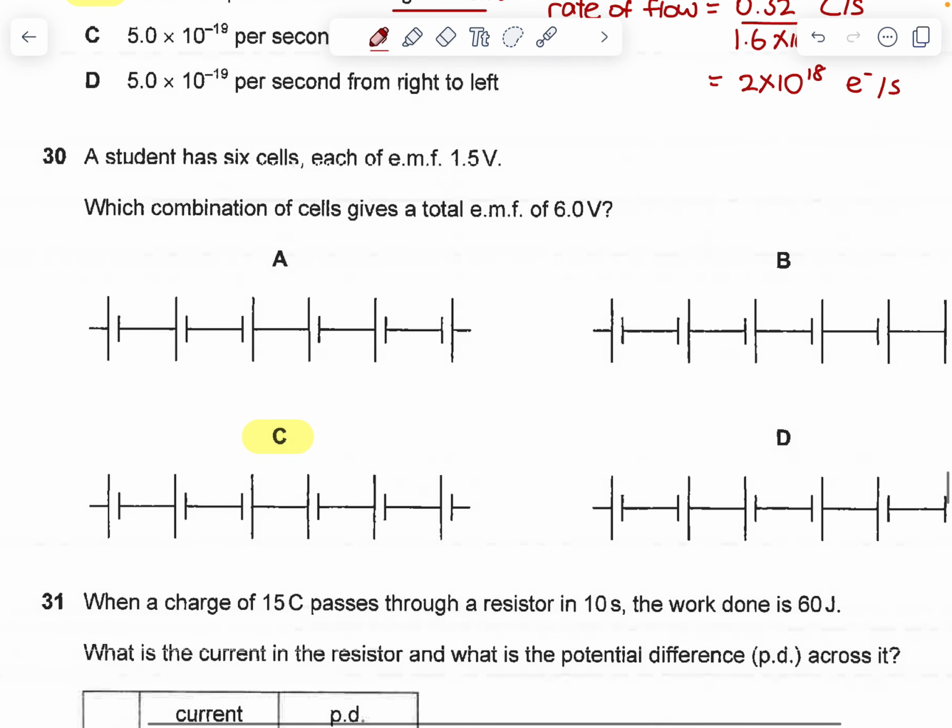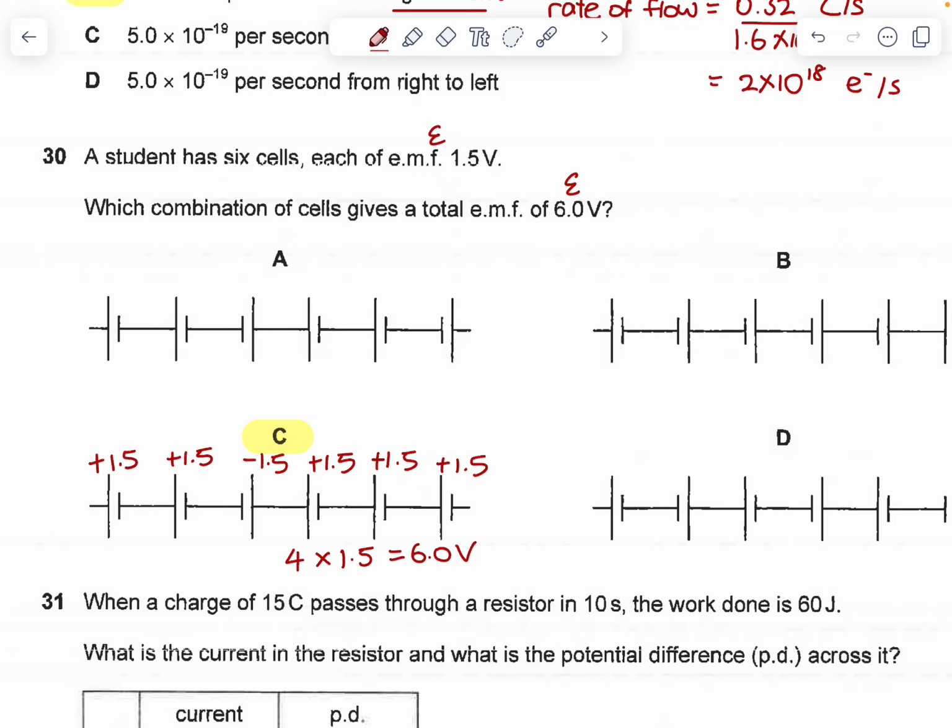Question 30. The student has 6 cells. Each of them is 1.5 volts. Which one gives a total of 6 volts? So this is 1.5 plus 1.5 plus 1.5 minus 1.5, since it is in the opposite direction, plus 1.5 plus 1.5 and plus 1.5. So actually in this example C, 4 times 1.5,